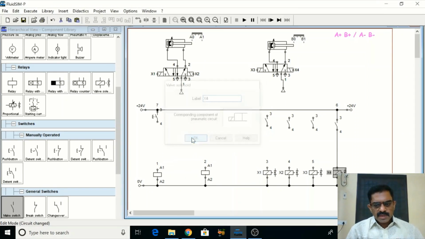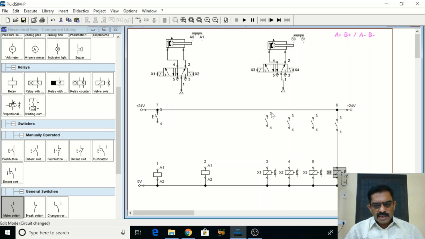So these are my components. So these are my solenoids I named. So this is x1, so this will actuate this solenoid, and x2 will actuate this solenoid, x3 will actuate this solenoid, x4 will actuate this solenoid.